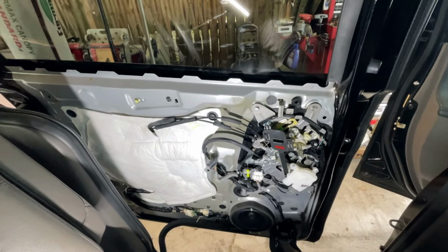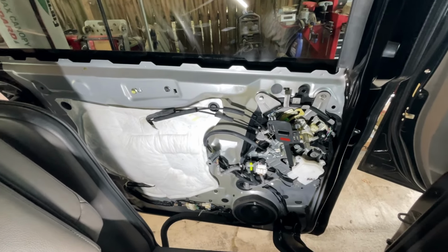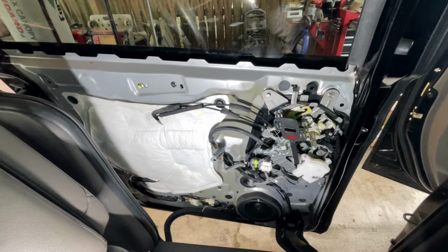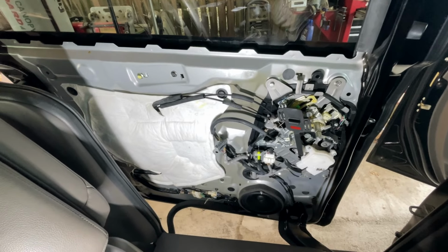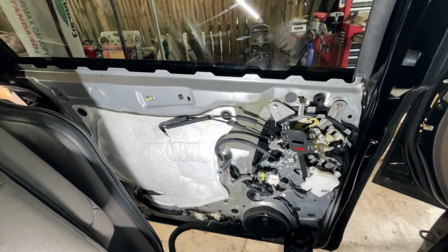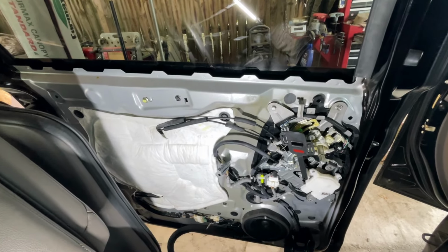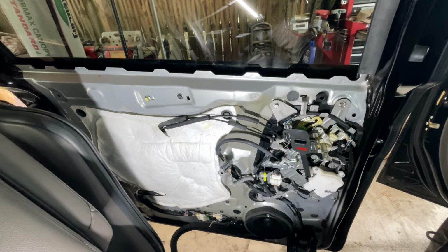So we're now inside the car. We're looking at the rear sliding driver door, so driver rear sliding door, whatever you want to call it. And we've got a speaker down there, and that speaker continued to work the entire time. The window continued to work the entire time, but the motor, the electronics of the latch and the motor were